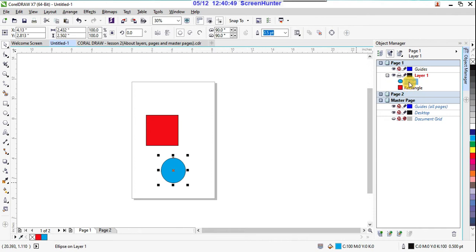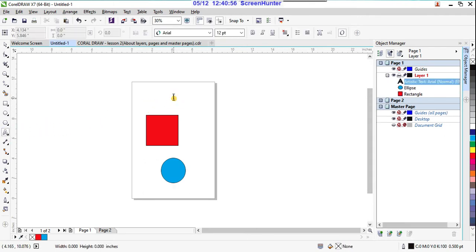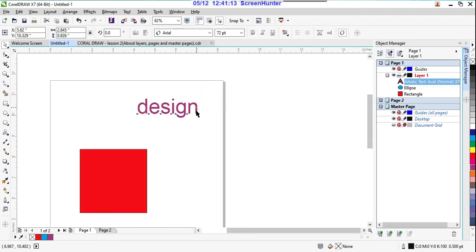So that means what, here see it is showing Page 1. Suppose here I want to type something, so DESIGN. I use the word design and I'm giving it a color, right? Perfect.